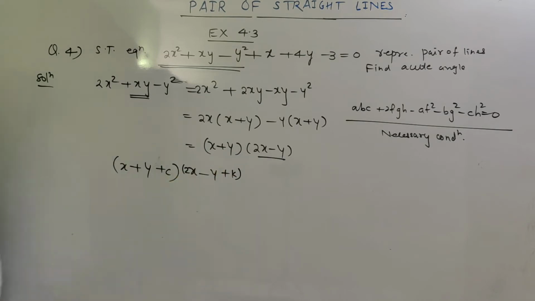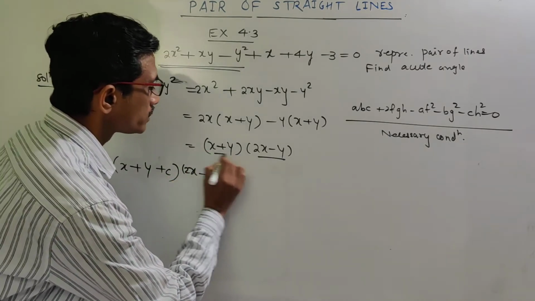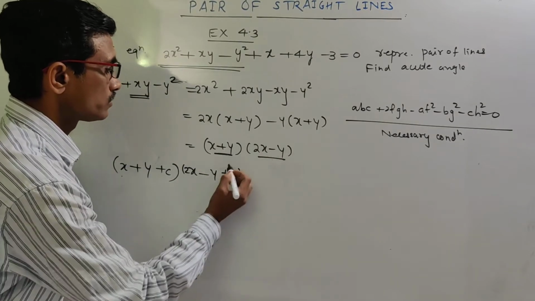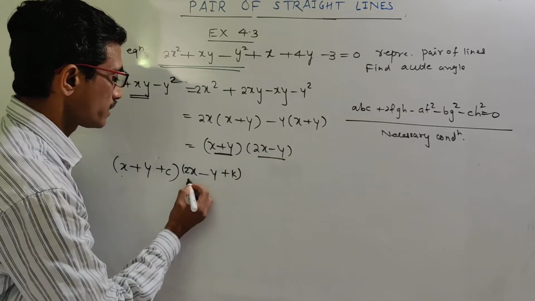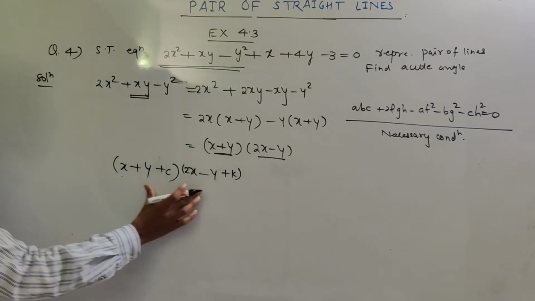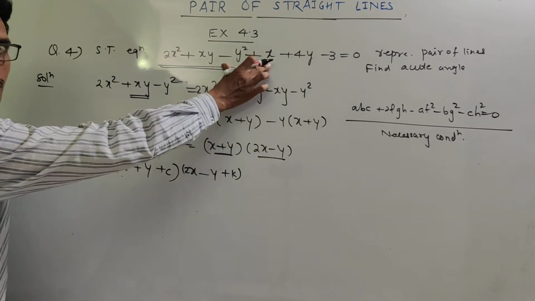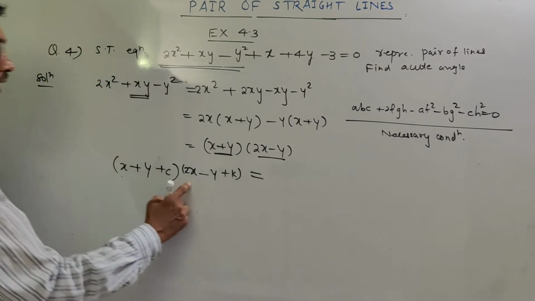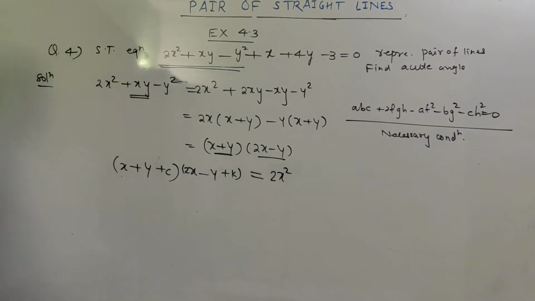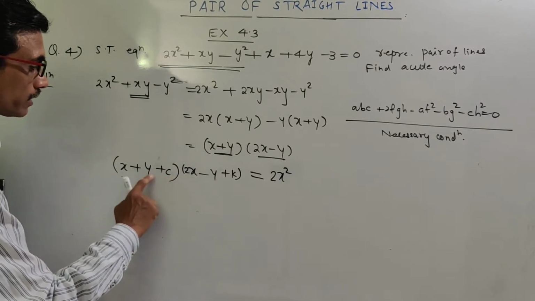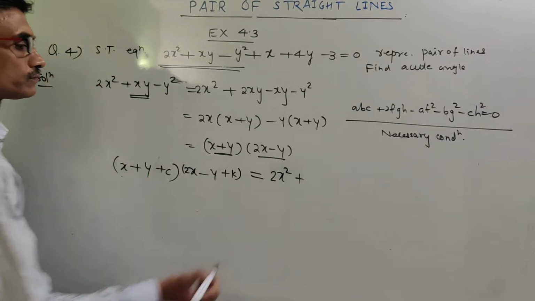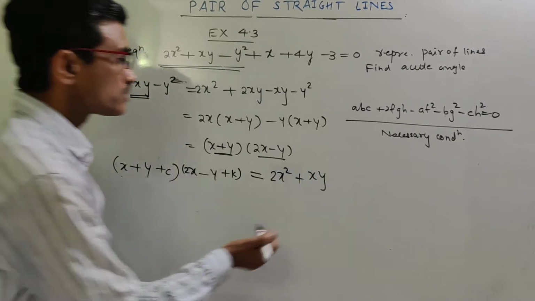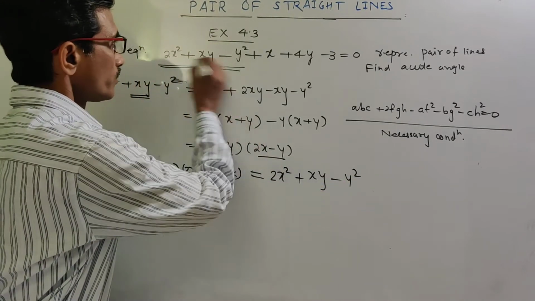So the equation of the line which is parallel to this line is x plus y plus c, and the equation of the line parallel to the other line is 2x minus y plus k. So their joint equation is represented by this. We find its joint equation and solve it. It will be 2x square, then minus xy and this 2xy will give us xy, then y into minus y is minus y square. Up to here we have got this.